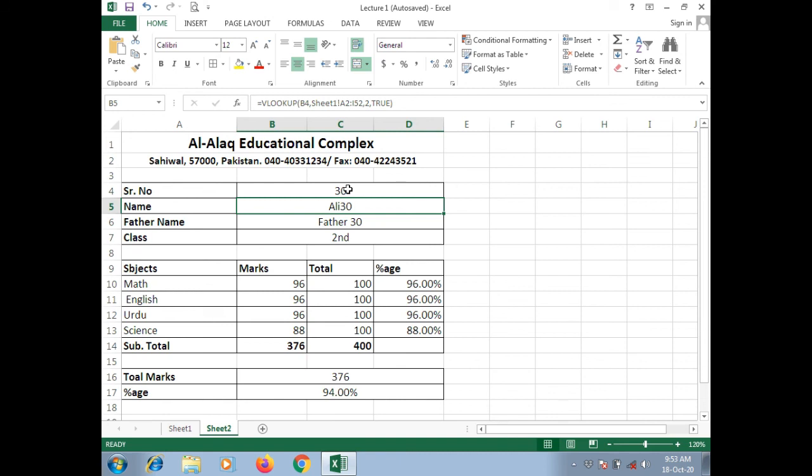So we have developed a result card with the help of the VLOOKUP formula. It is a very useful formula, and it is used in any context. It can be used in maintaining the fee record of students. It's very useful for schools who want to manage their fee record and student result data, and even it can be used in exams as well. It's one of the useful formulas. So that's what we need to do basically.